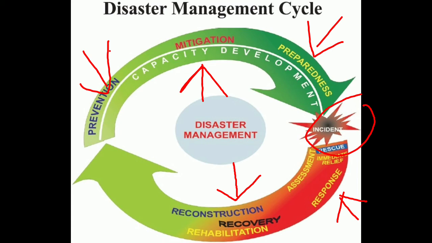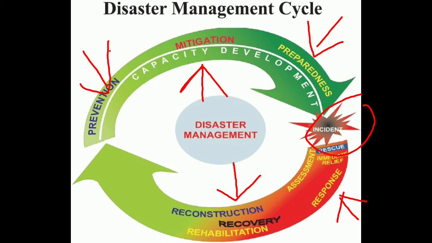The second step is mitigation. They will arrange all the things and transportation to vacate that place. And then preparedness, which is early warnings during these disasters, and then the incident takes place, which I have circled here. After that, the first step is response from external sources, from the government or from any NGOs.